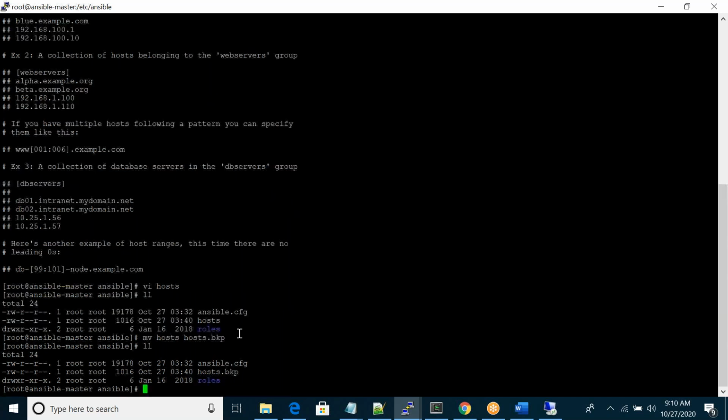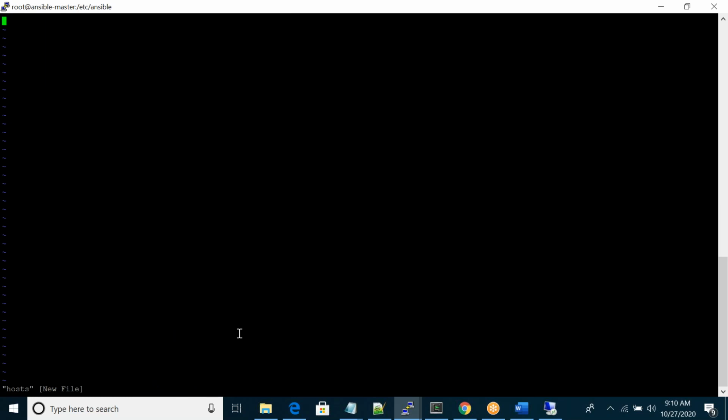Now I will create a different host file. If you require the same file, you can mention it, but sometimes you will get confused. That is a sample file; just take a backup for your reference. For tomorrow, if you want to refer to that file, instead of deleting or editing the same file, just take a backup, rename it, and create the new file with the host name. In this file, you can mention whatever you require.